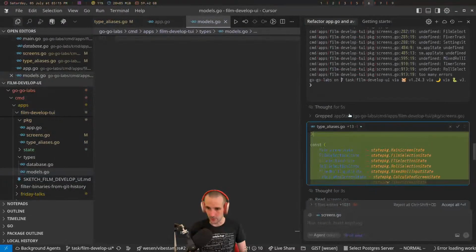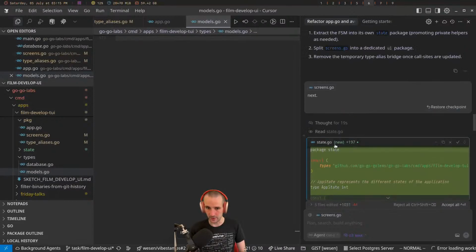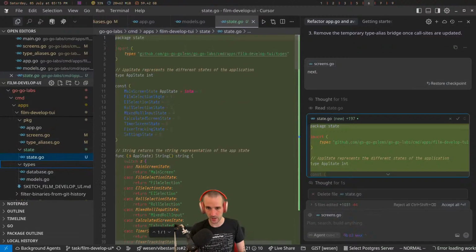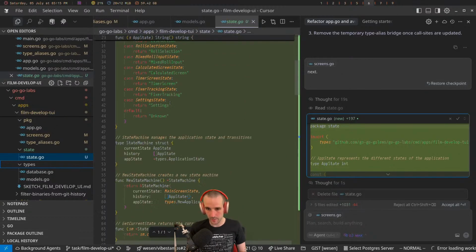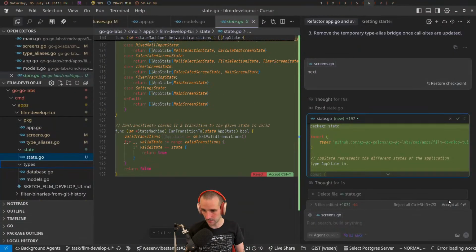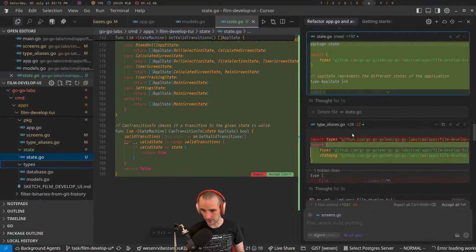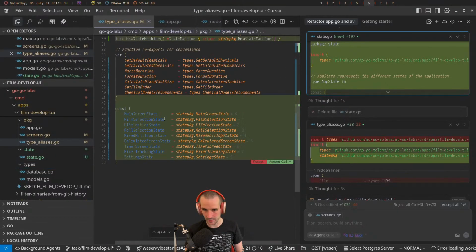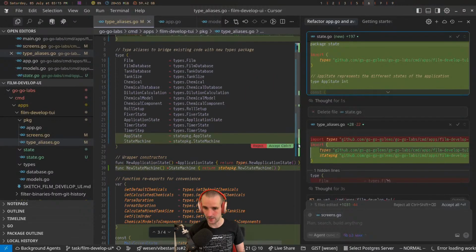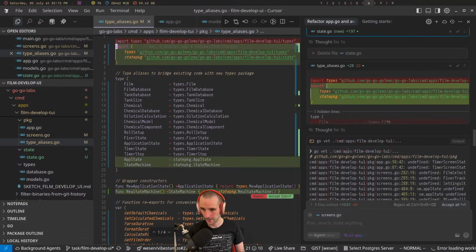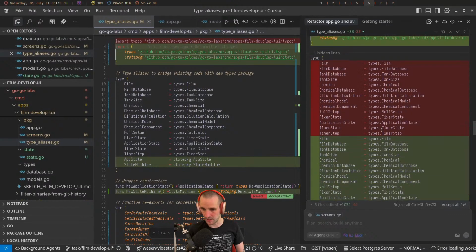All right, so what did it do now? Did it refactor things a little bit better? So it created a state package, which we can go inspect. The state package now has the enum. It has moved all of these things over. It looks like these things still compile. It has deleted the old file. It now has a file called type aliases where all the aliases are, which is also very nice, even though I'm not sure about the type aliases. I don't know how good of a technique that is, but